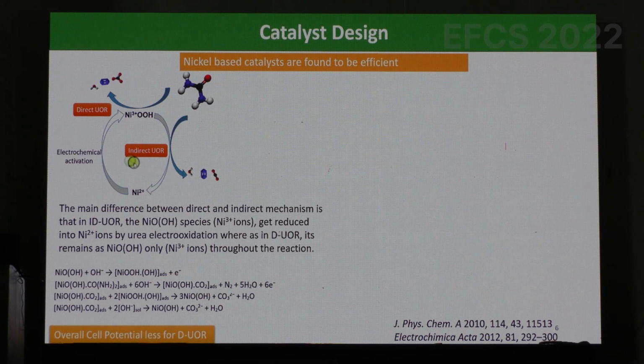In the case of UOR, as I said, in the indirect UOR, the Ni3+ hydroxide forms, oxidizes urea, and goes back to the 2+ state. While in the case of direct UOR, the 3+ form is quite stable and just activates the urea; while oxidizing, it doesn't go back. So if you can stabilize these Ni3+ ions, or increase tolerance towards carbon dioxide, as I said, you can improve the activity of the catalyst. This is basically the various steps which people have derived from their